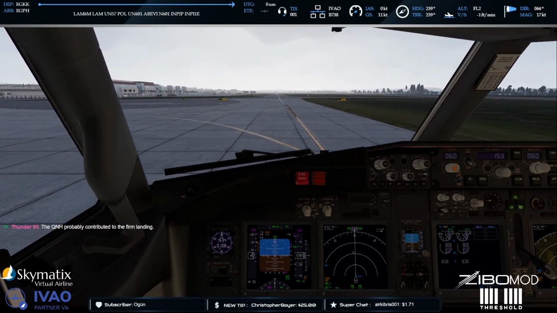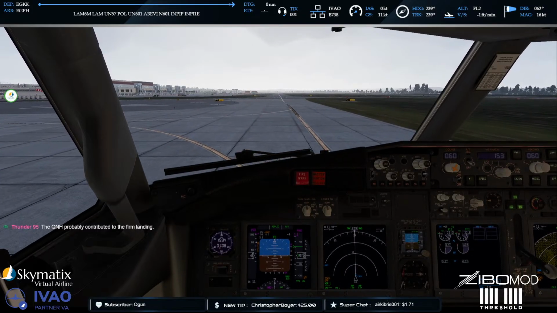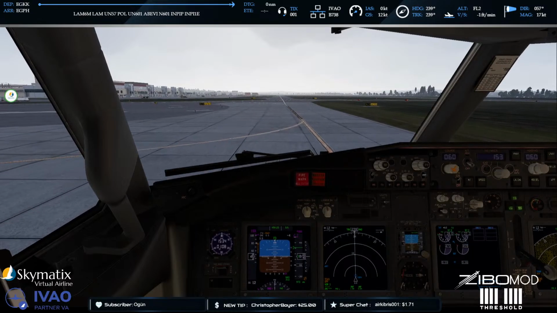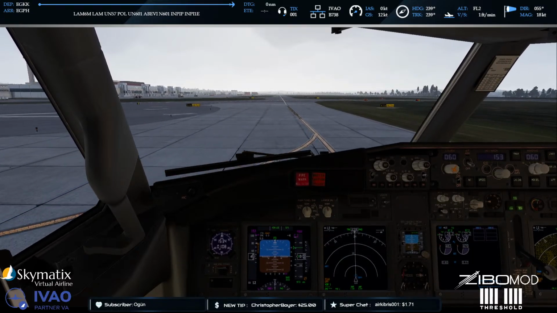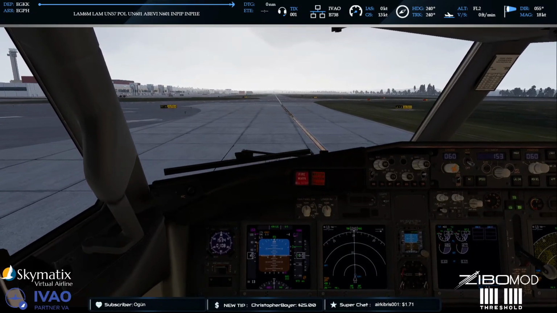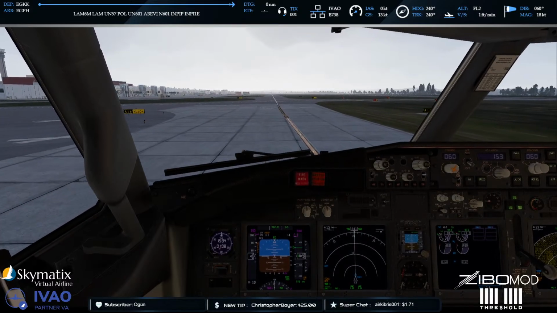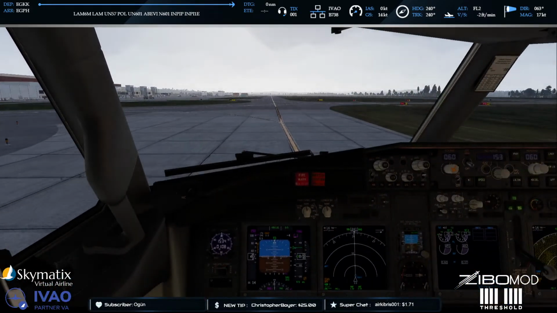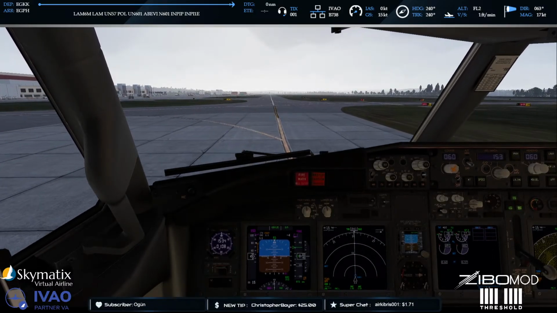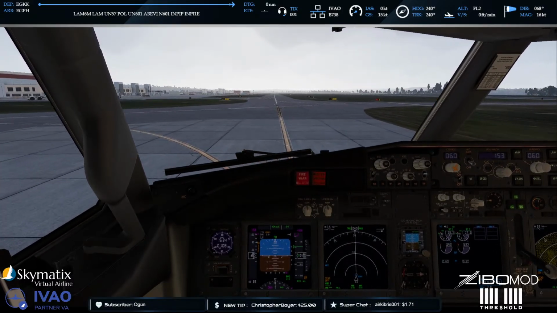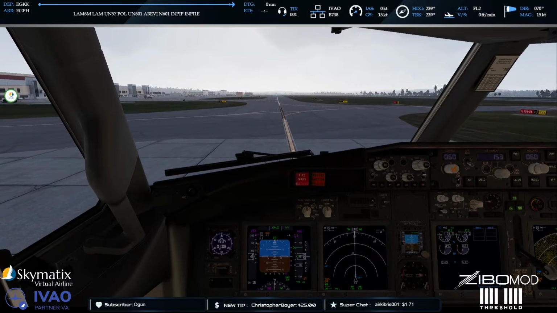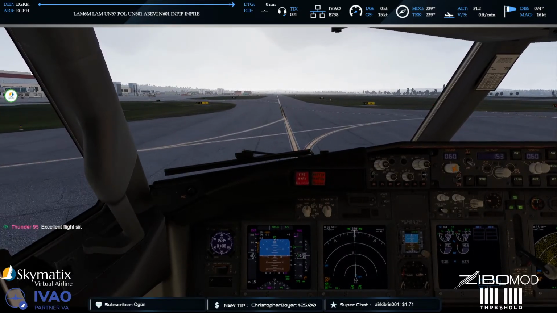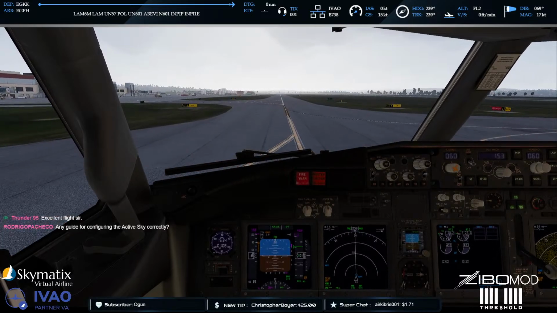Anyway, it's not bad. It's really not bad. I like it. It's nice for what it is and what it does. I want to show you guys something at night quickly. I don't know if it's going to be that prominent in the daytime, but yeah,